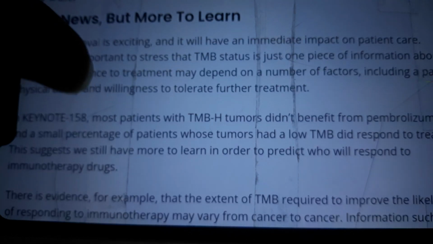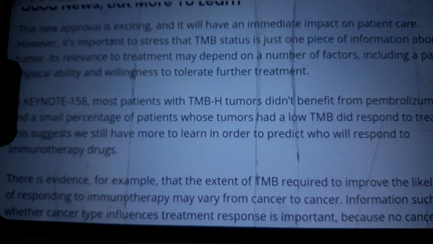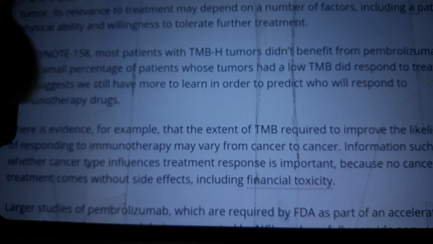And there's good news and more to learn. This new approval is exciting, and it will have an immediate impact on patient care. However, it's important to stress that TMB status is just one piece of information about a tumor. Its relevance to treatment may depend on a number of factors, including the patient's physical ability and willingness